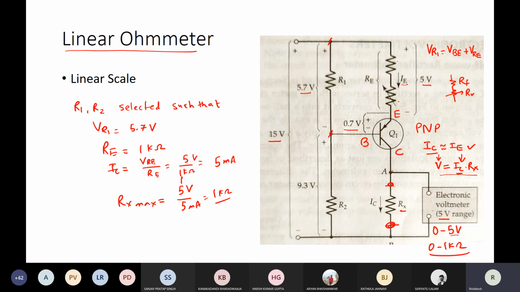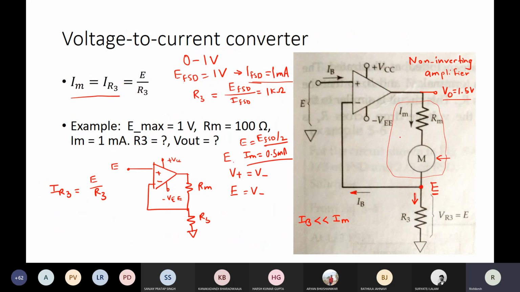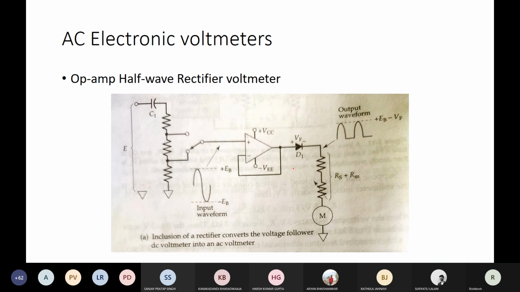So if I vary the Re, then I can change the range. But for all the ranges, the voltmeter will indicate the resistance in a linear manner. So this is a linear ohmmeter circuit. Fine. So we have seen how one can utilize the op-amp based circuit for voltage measurement, and we have also seen how to overcome the non-linearity associated with the ohmmeter. Now this again falls under electronic resistance measurement, because we are utilizing a transistor here plus the external power supply. Now we'll move ahead to discuss